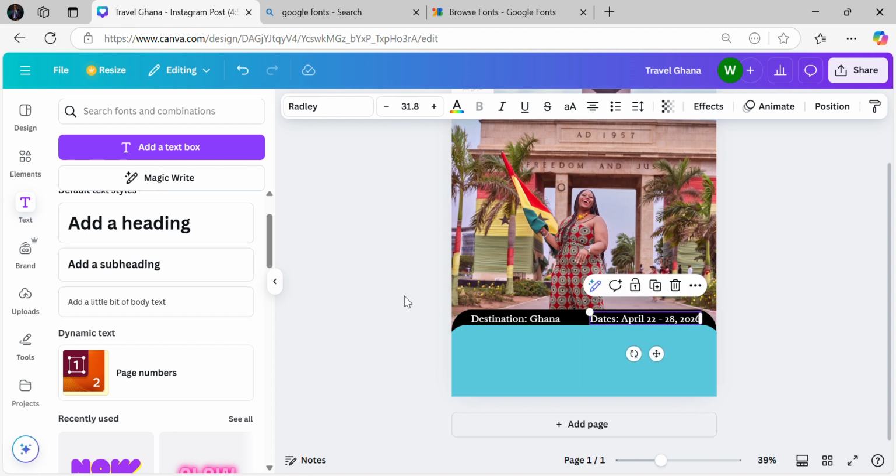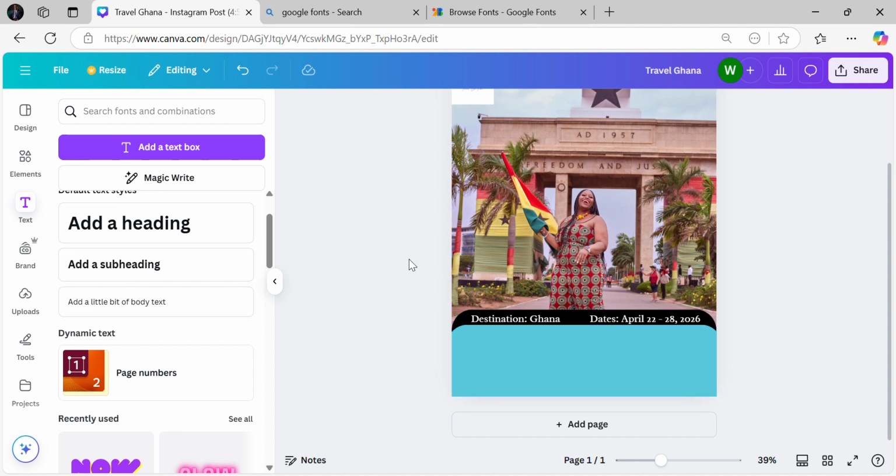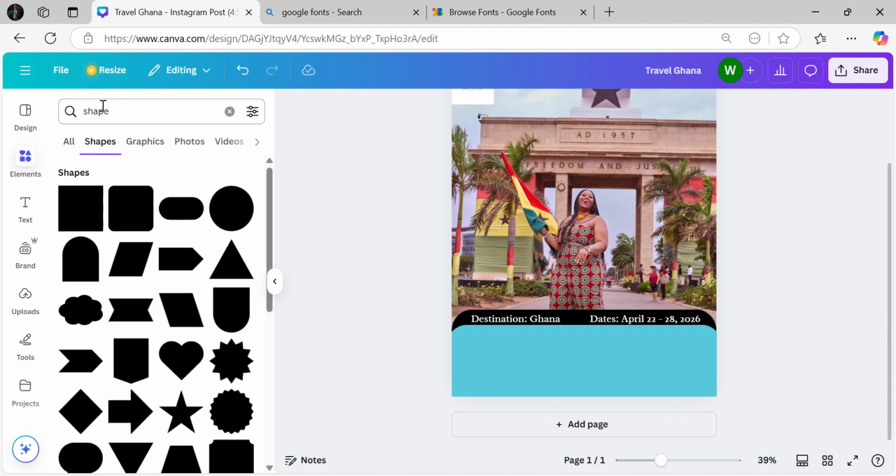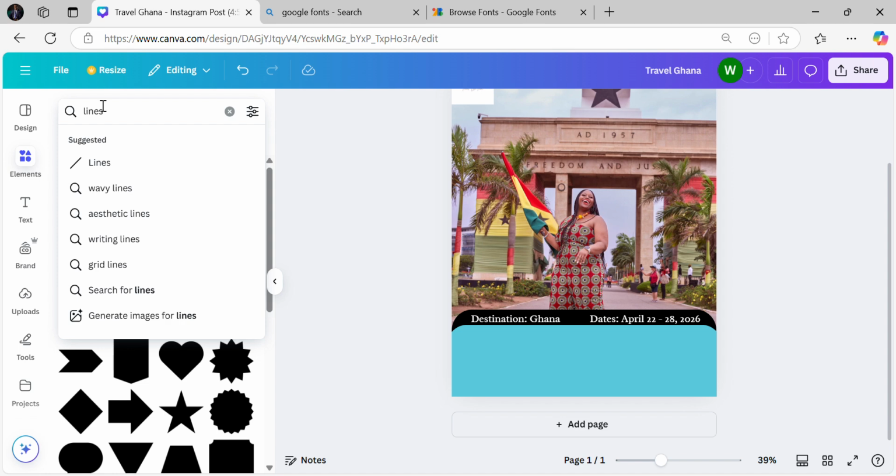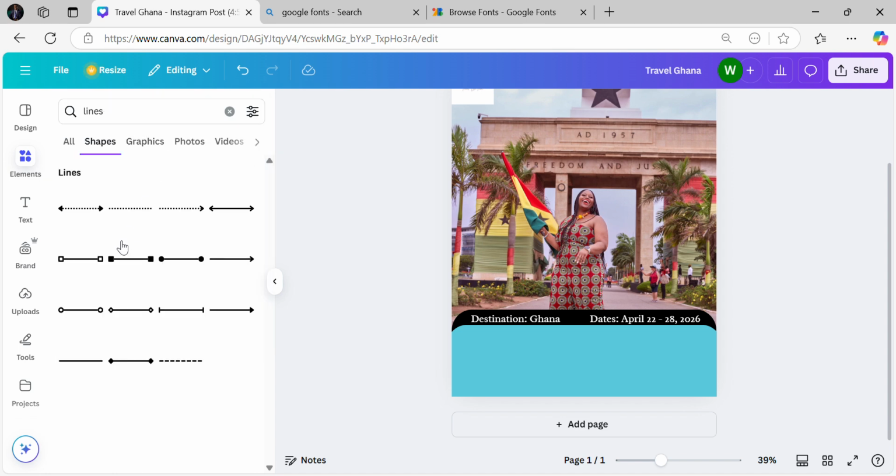If we want this to be distinct and look more separable, we can come back to shapes and just search for lines, and we can choose a line here, let's say this. You can see there's this handle to rotate. You want to rotate it to 90 degrees like that. Then you can place it where you want. You can see there is a line at the top here, so I can resize this